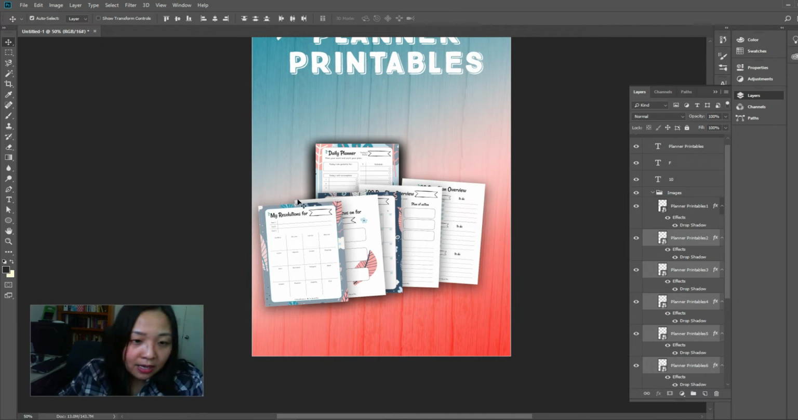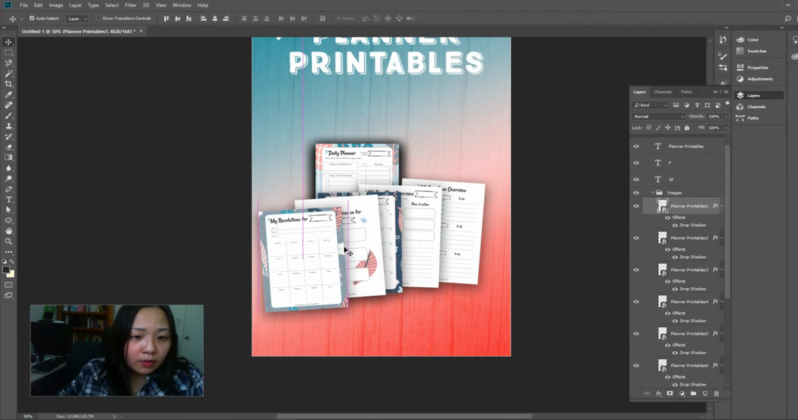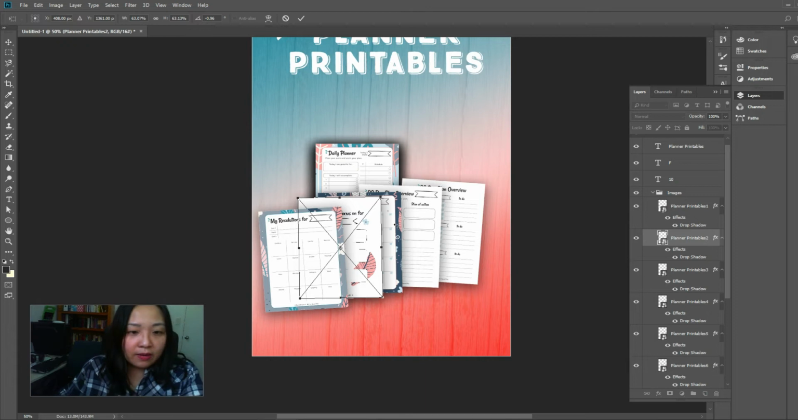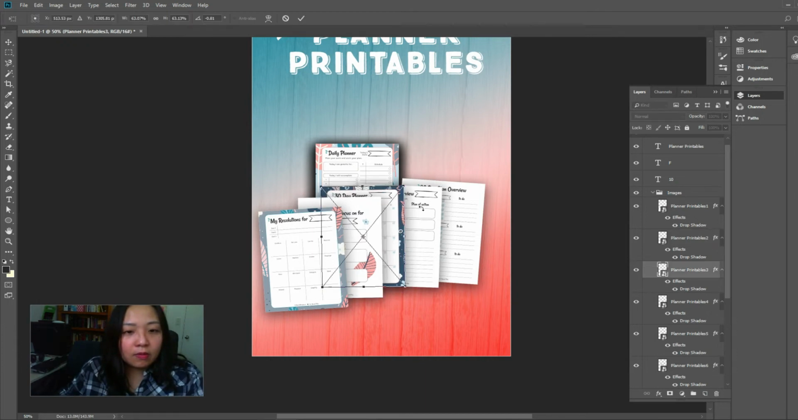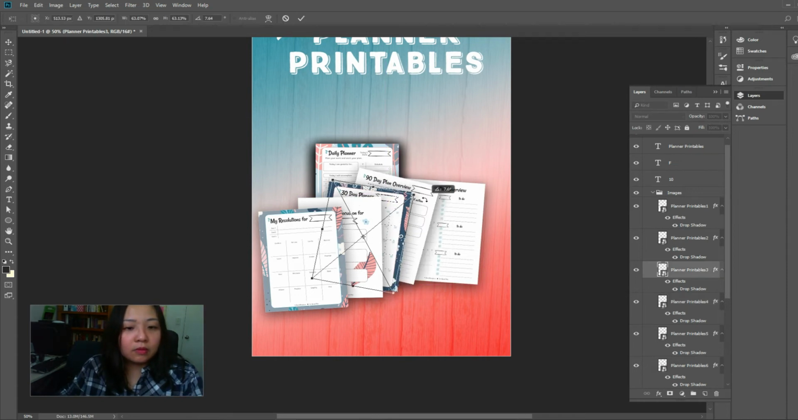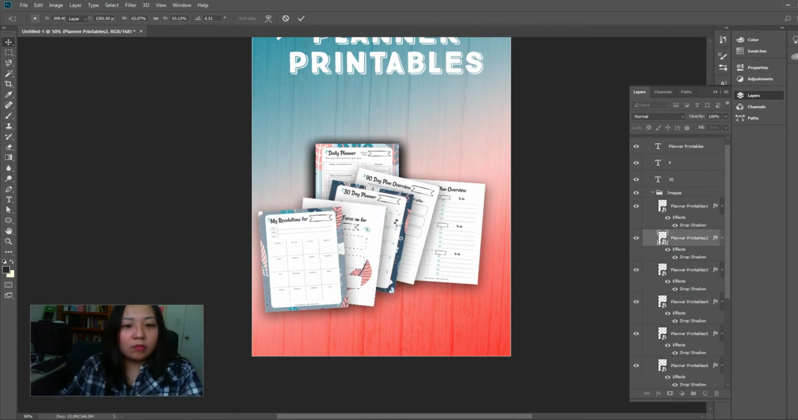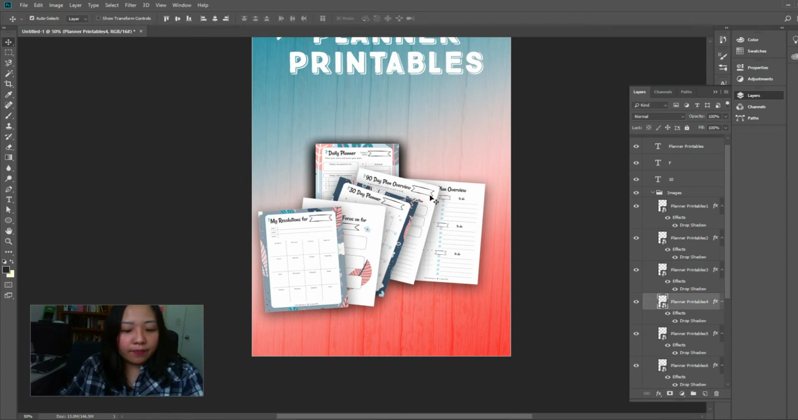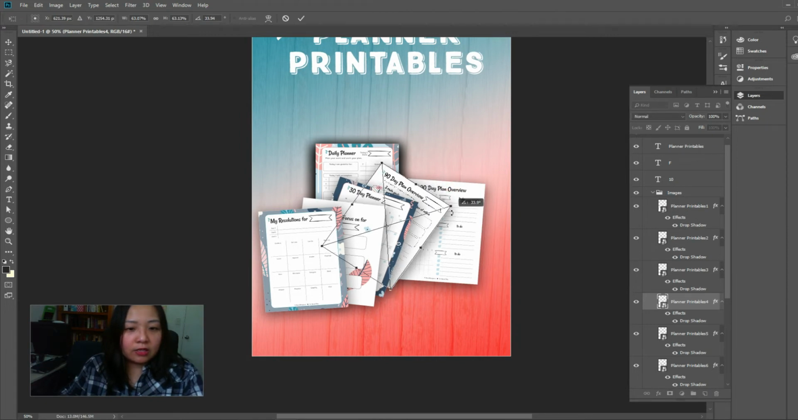Now you can see the separation of each individual printable. Sometimes it's just easier this way so that you can actually see what you're doing. Like I say, take your time arranging these printables of yours, because